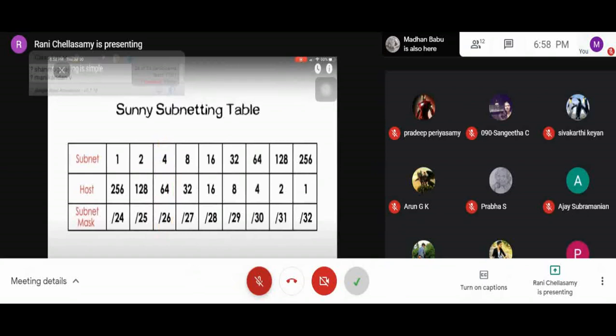Consider that you are given a network ID 192.168.4.0/24. The problem is you have to go for 3 subnets. So check whether 3 is available in the first row, the subnet row. No, 3 is not available in the first row. So you have to go with